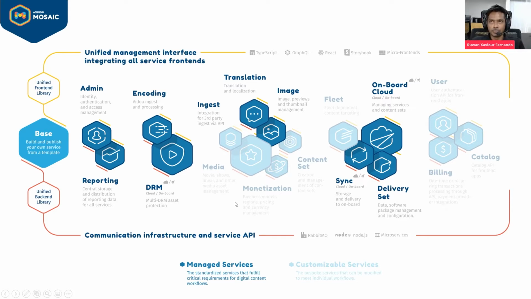This is something that every single system or solution will definitely need. So we offer this as an offering in our portfolio of services where we follow the best practices in the industry, and you can just use it as a hosted software as a service. And we have these encoding services where you can encode your movies, videos into different formats and image formatting